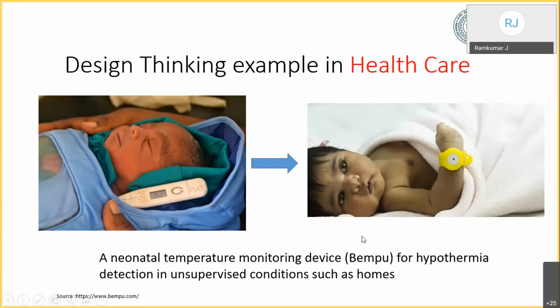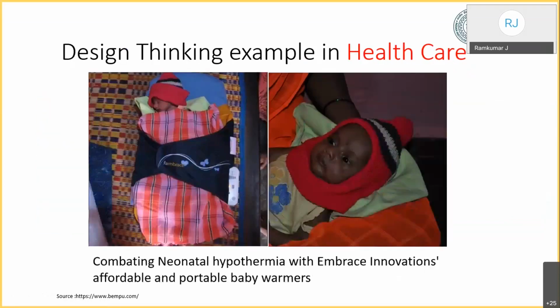So here, this is a design thinking approach they followed. When we say desert, we all remember only one thing: hot desert. But in reality, in the US, there are also cold deserts. Until and unless you go to those places, you realize what is the plight they undergo, you cannot develop products for them. So this is again a design thinking approach which is used in healthcare for developing devices.